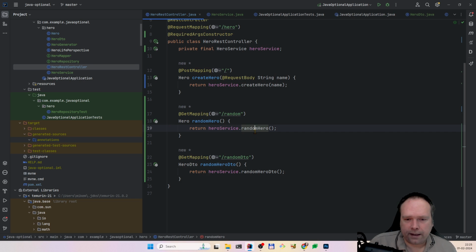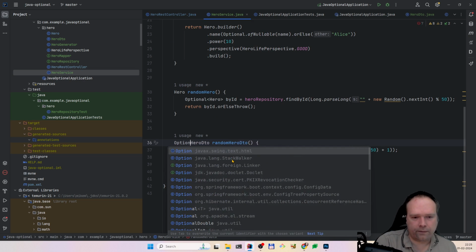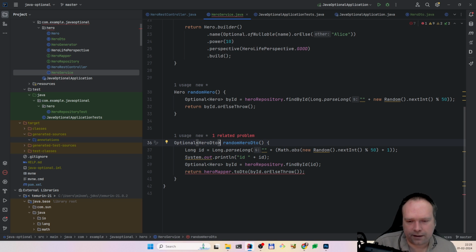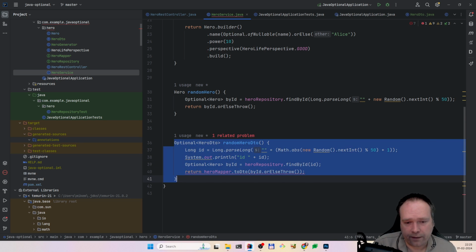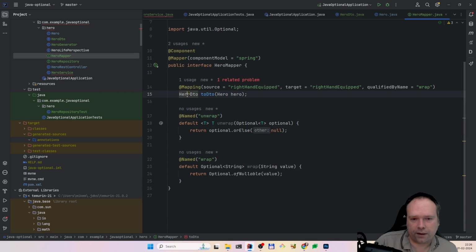Okay, so now here we actually have a random hero DTO. Let us see here now. Sometimes there's no hero, and you don't want to decide in your service what should happen. That should be decided in your REST controller. If you want to organize your code like that, then it's totally okay to return an optional right here. So that can actually be a by ID, and then you could convert, instead of toDTO, you could actually create